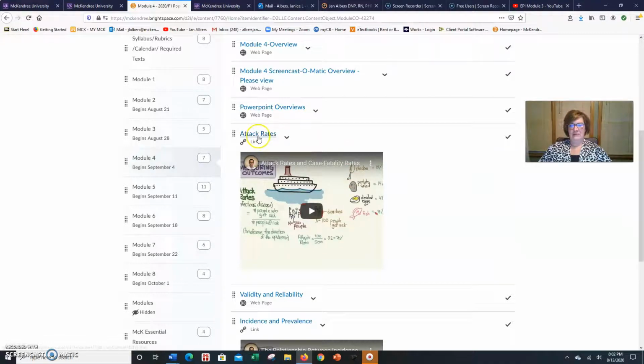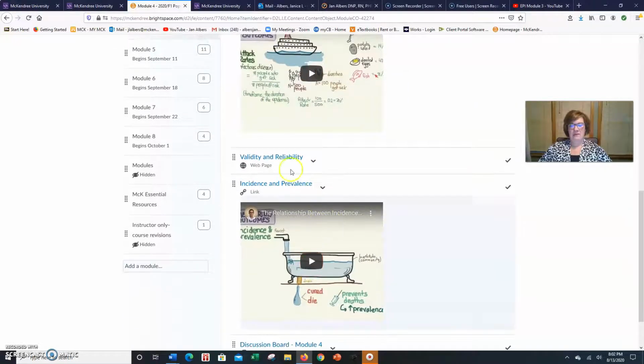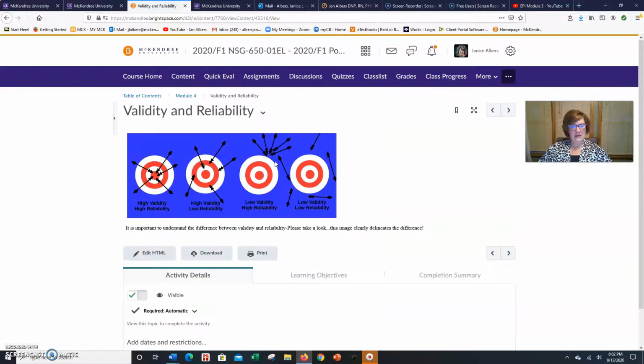There's the overviews for the chapters, and again, we have some valuable information here that will help define some of the statistical terms that you will examine. We also have information on validity and reliability, and this again is a really great visual to demonstrate what validity and reliability is. And when we have something that is maybe high validity and low reliability, so it's hitting the target but it's not hitting all in the same place, and then we have something that's highly reliable that isn't hitting the target. So we need to think about those things when we're examining the tests that we're doing, those